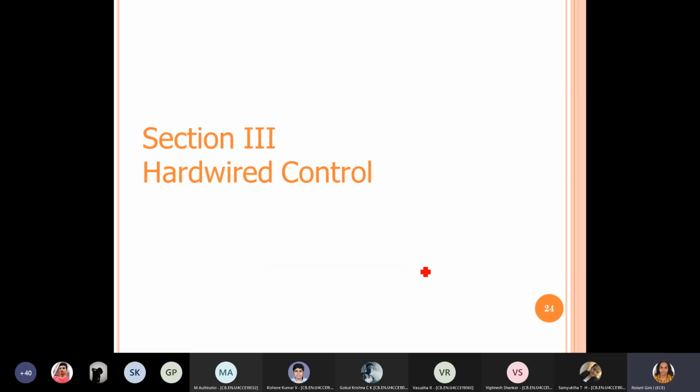So we start with hardwired control, completely designing a hardware circuit for generating different control signals depending on the instruction, what clock pulse it is, and the status of the external inputs and the flag bits. Based on all this information, different control signals need to be enabled, and we have to design the circuit for the same. That's the hardwired control. Hope you guys are clear with this.